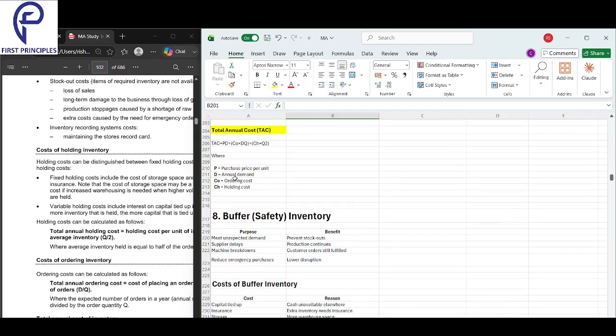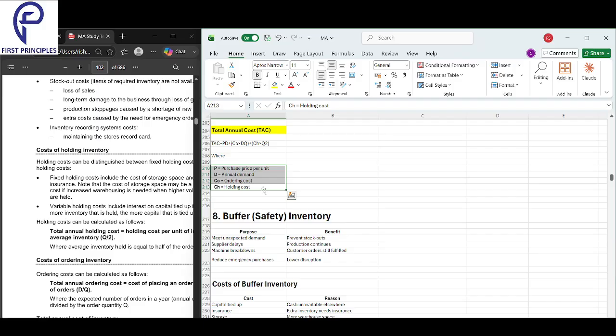Then you take the annual cost. For annual cost, you take the ordering cost, the holding cost, and the purchase price per unit. How much do you purchase? 12,000 I purchase at the price of 1 rupee per product. So 12,000 is the purchase price, plus total ordering cost, plus total holding cost. If you add everything, you will get your total annual cost. You take the purchase price into annual demand, that is your total purchasing. How much did it cost you? Plus you ordered it, how much did it cost? Plus holding it, now you're storing it, how much did it cost? You add everything.